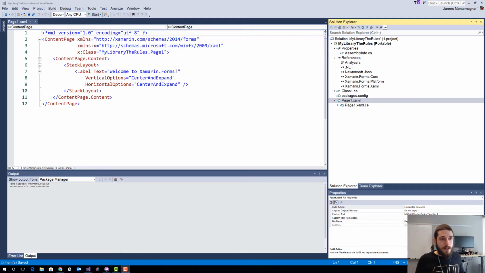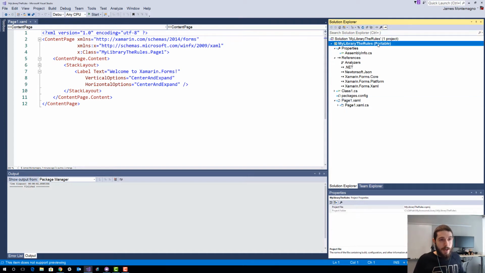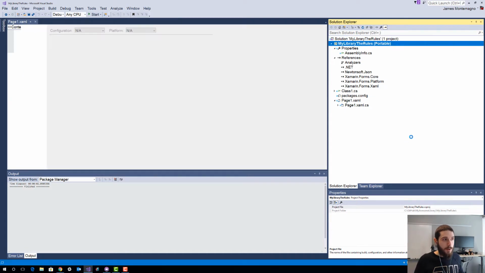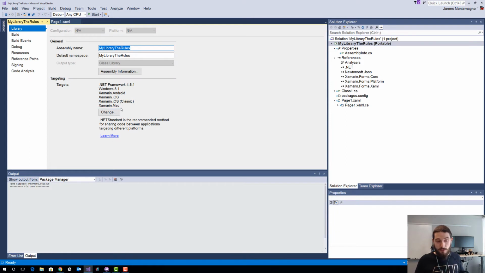All right, so here I am inside of Visual Studio 2017. I have a portable class library here. If I go into properties, we can see I'm targeting these different frameworks. This is the old portable class library, kind of an intersection of APIs, that had a limited set. It's kind of what we had to work with, and it was great and we loved it, but